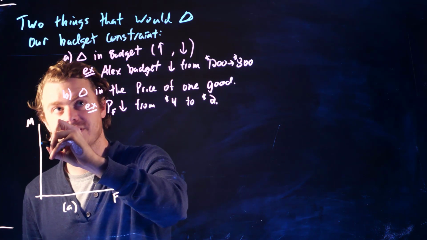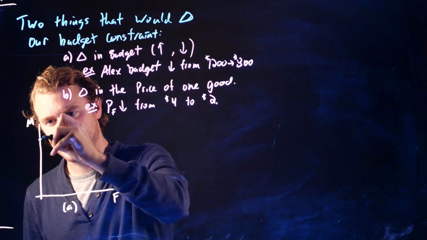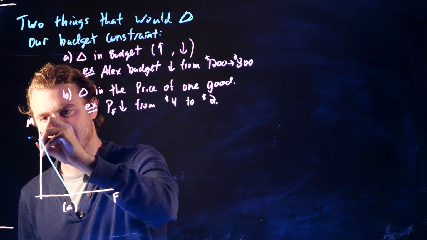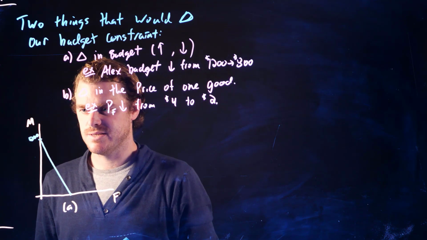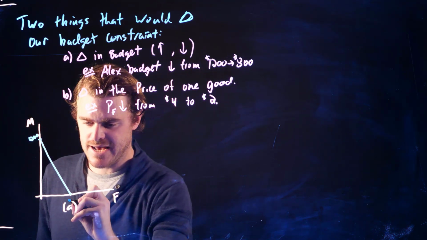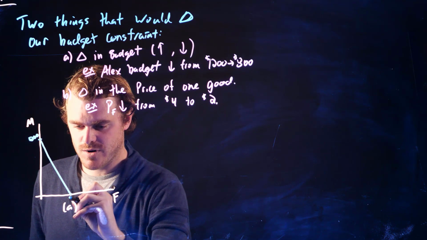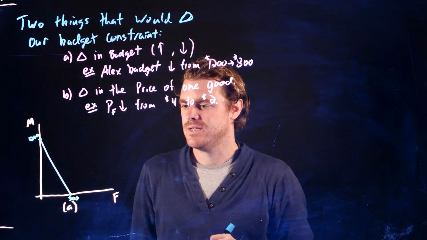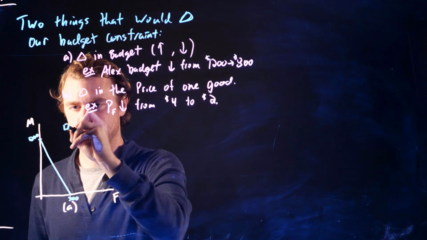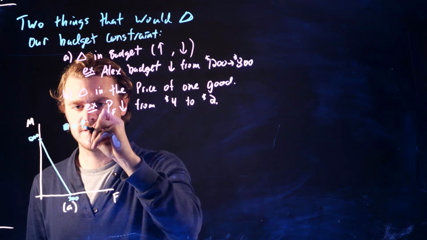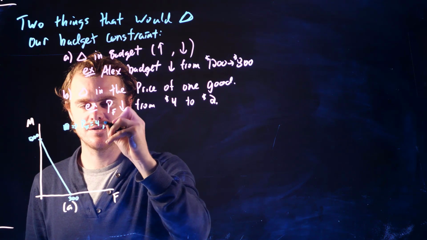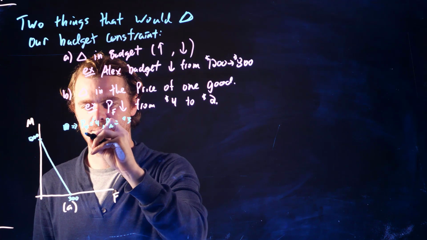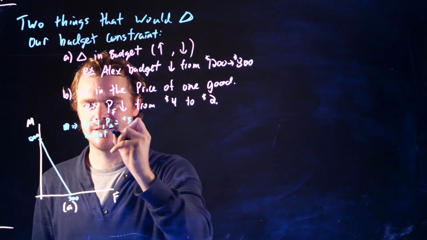And if you remember the first thing we had, the first situation where the budget was $1,200 looked like this, where 1,200 was the y-intercept and the x-intercept was 300, 1,200 divided by 4. And so this blue, the price of fish equals $4, the price of mangoes equals $3, and the budget, hopefully we can read this,